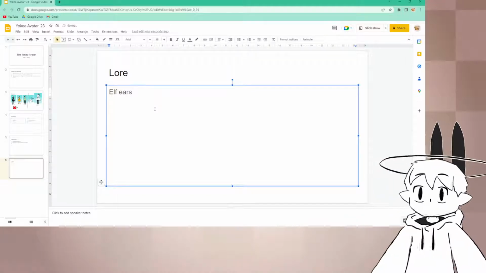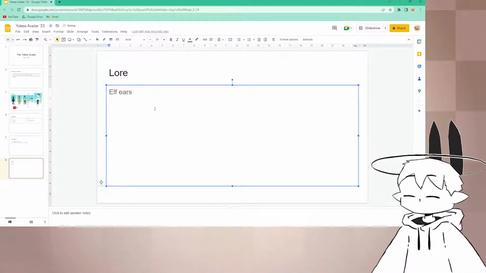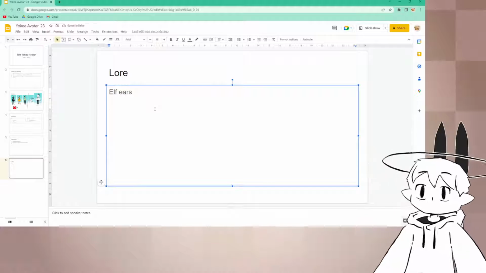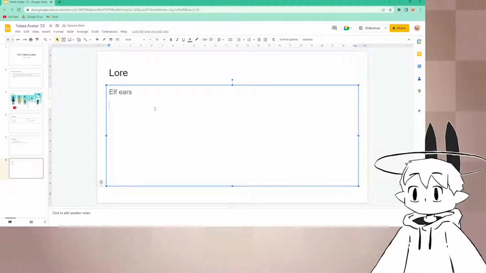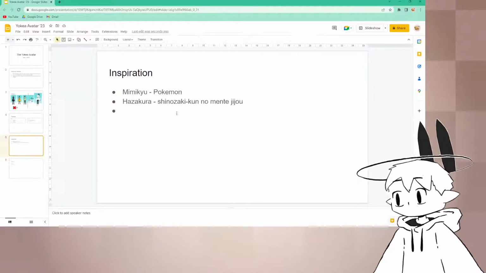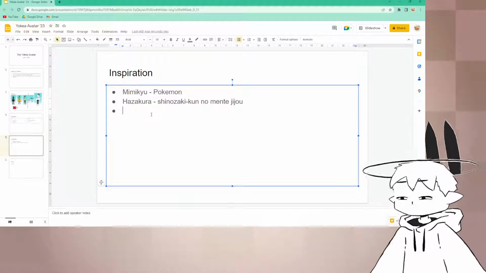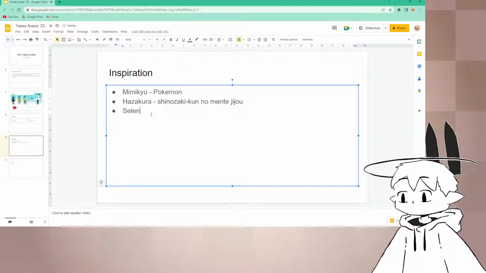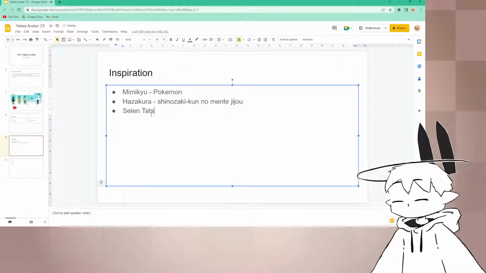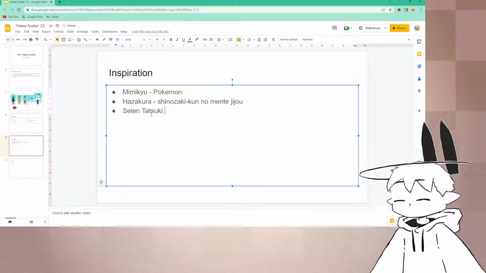Okay, I don't know why. Sorry, I just remembered why I wanted elf ears. This is because of this other inspiration. This is why it's important, guys. This is so weird, man. Okay, anyway,